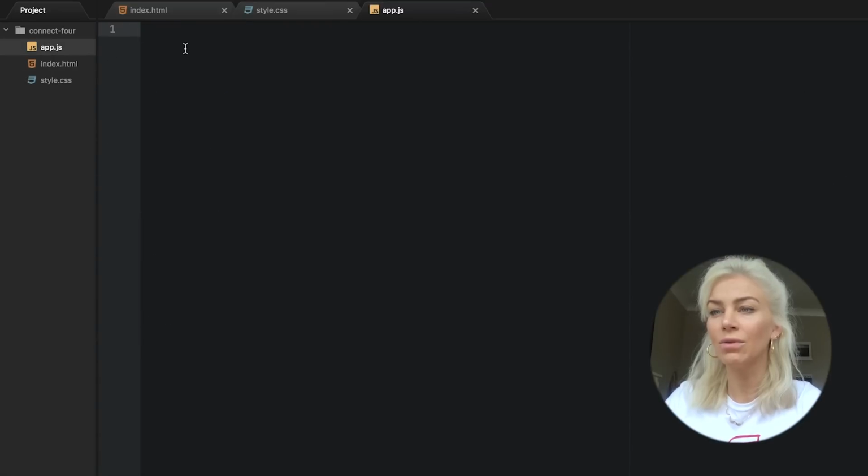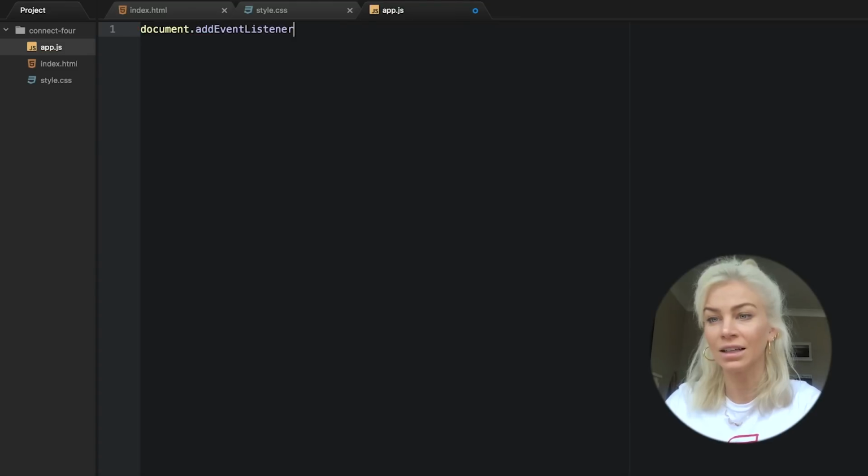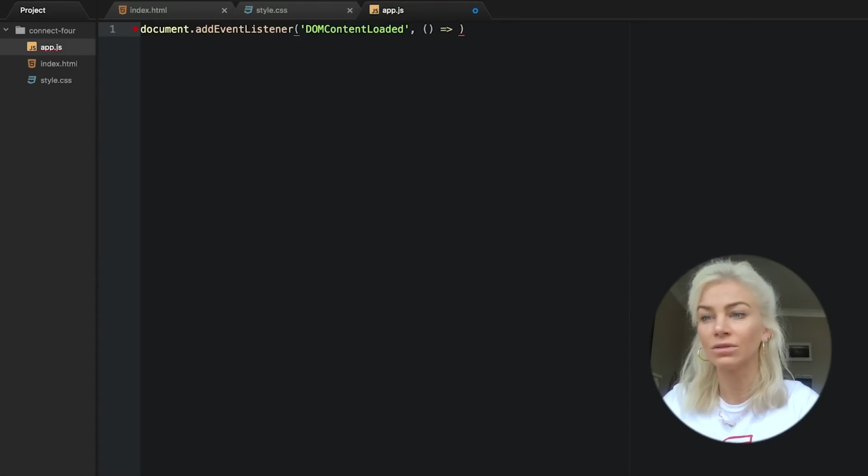Okay, now flip over to your JavaScript file and add a DOM event listener like this. All your JavaScript code will be done in the event listener from now on.